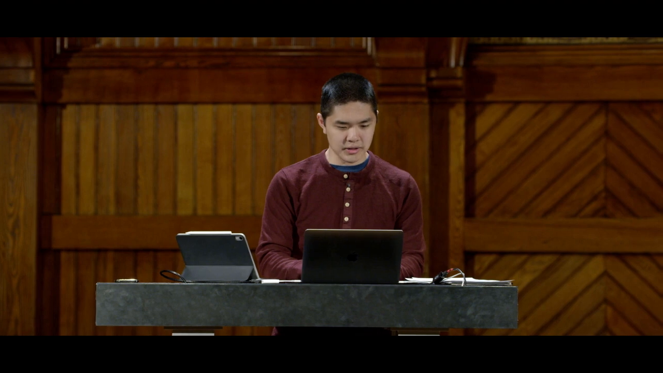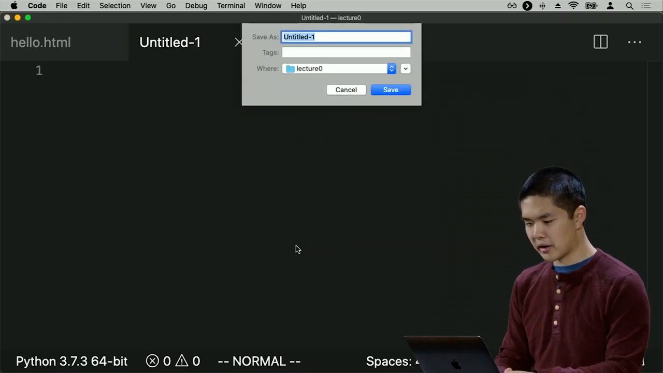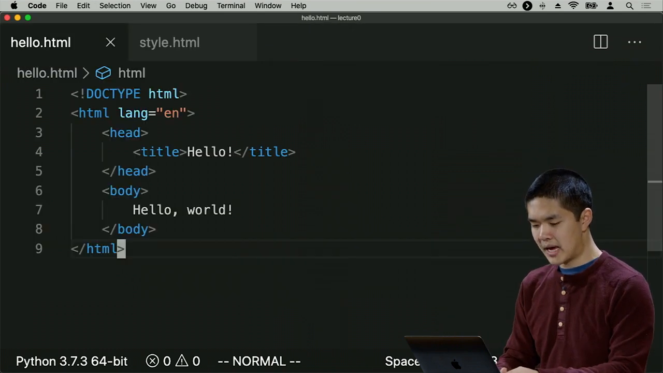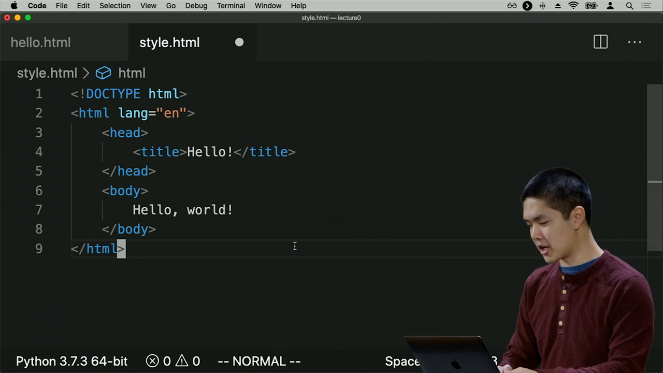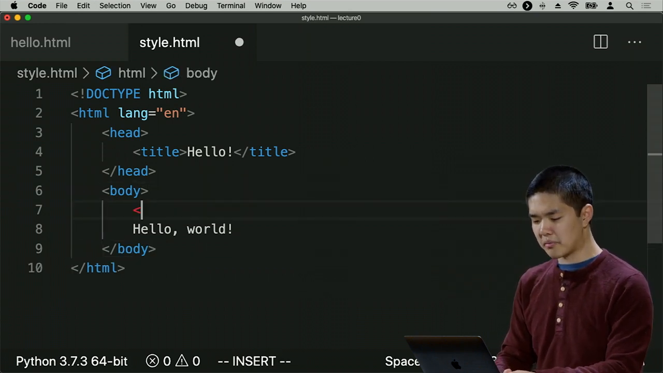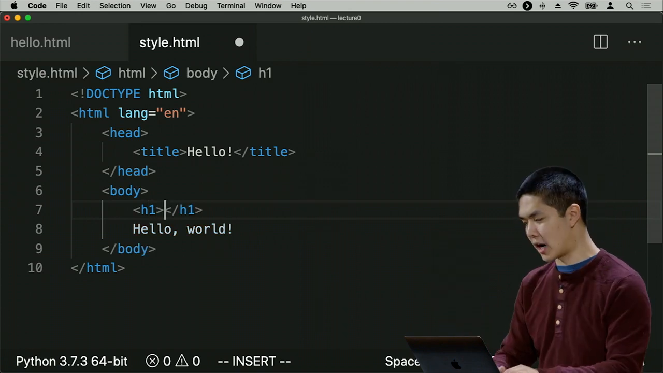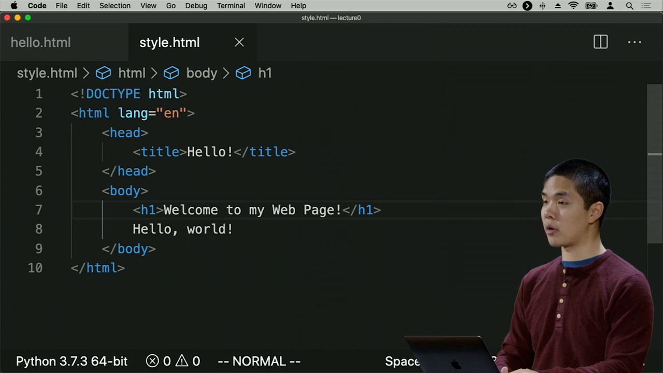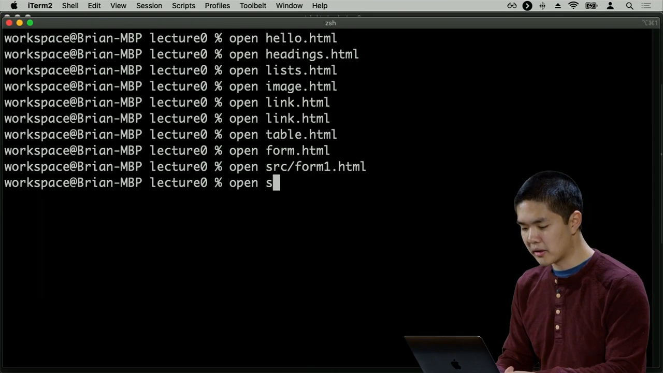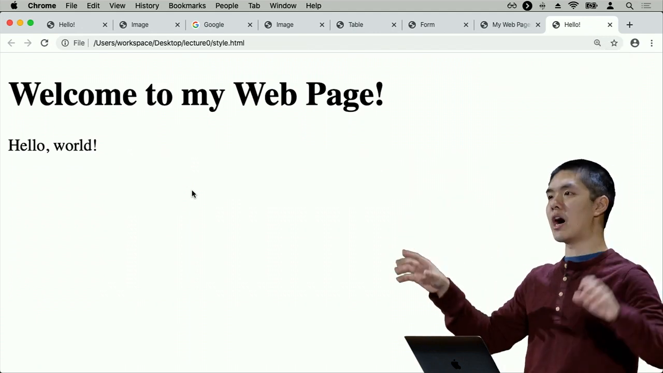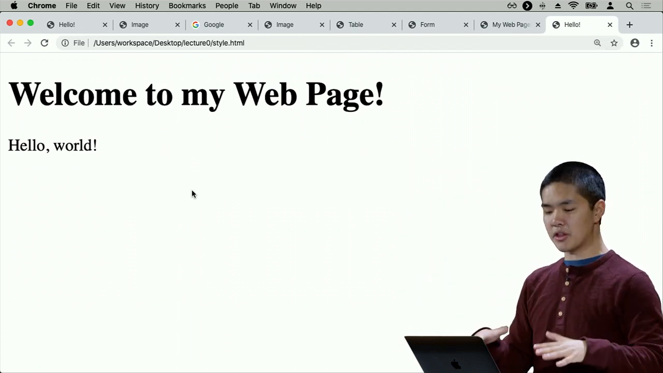So I'll go ahead and create a new file that I'll call style.html, just to demonstrate some basic ideas of adding some style to our page. And we'll go ahead and copy the same hello.html from before. And maybe in addition to hello world, I display an h1, some big heading at the top that says, like, welcome to my web page, for example. So now if I open up style.html, this is what I see. I see a big heading at the top that says, welcome to my web page,